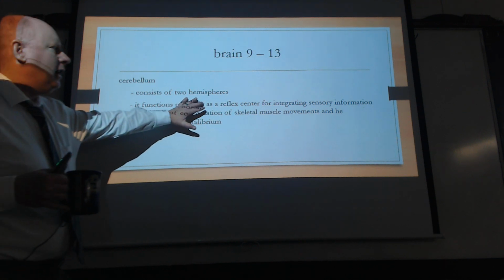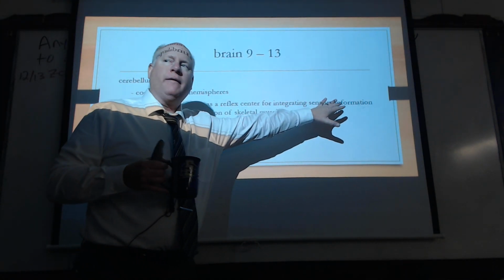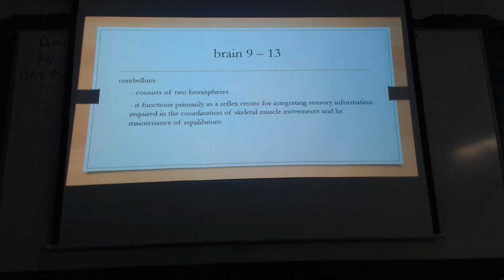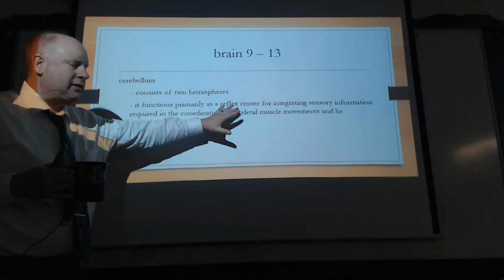So what type of reflex or sensory information is that cerebellum receiving? It's one of your cranial nerves. What's it getting information from when you're doing this? Say that again? That's where it's at, but where does the information come from? Say that again. You're right. Oh, okay, the optic nerve. So that means that this is a reflex center, okay, to where,